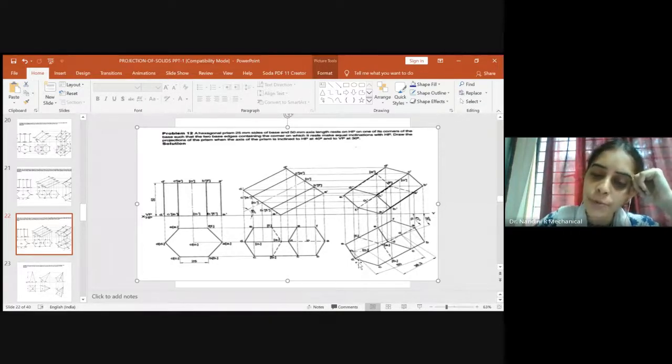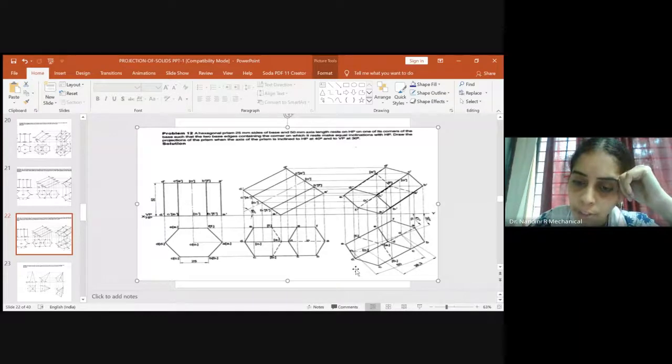Right, so before taking the projection from the top view, always extend the projection from our front view. So from each and every point from the front view, take the projections. Draw it parallelly, let it not be inclined. Once you draw the projections from each point, now start taking the projections from the top view. If it is E1, you just see where E1 dash is. So this is E1 and E1 dash is meeting here. So only extend the projection until E1 dash and name it as E1 dash.